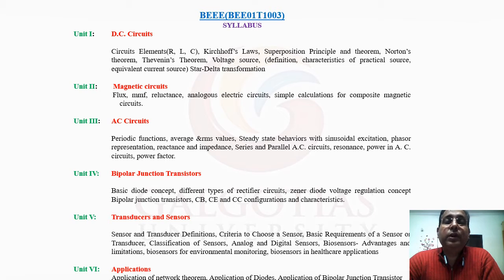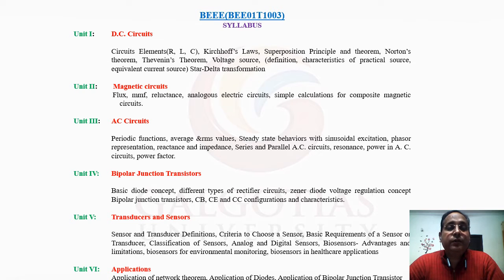So before going into the deep knowledge about all the circuits and the basic things, let's first discuss the syllabus, which is defined especially for you. The first unit includes the DC circuit. In DC circuit we have to take care about the basic components, that is the resistance, capacitance and inductors. We have to take care about Kirchhoff's law and some theorems like superposition and Norton's, and in